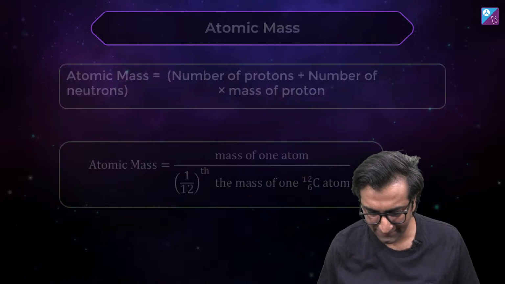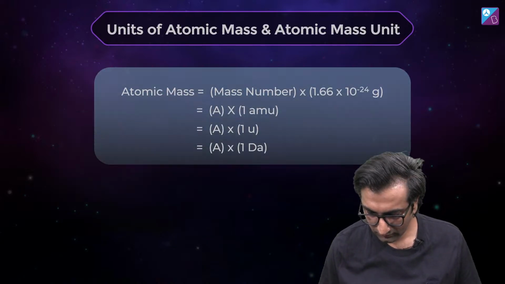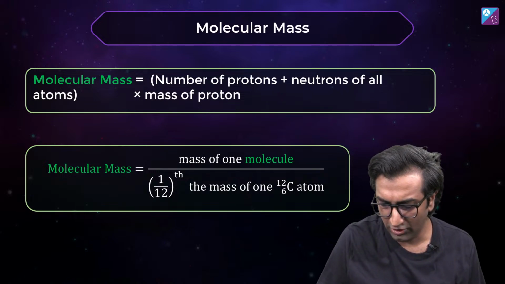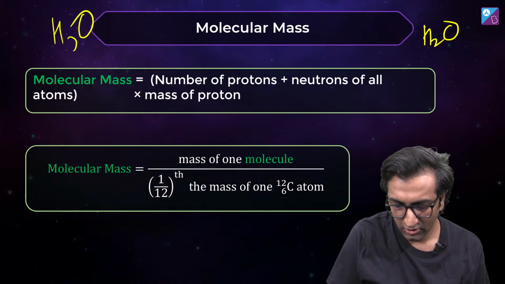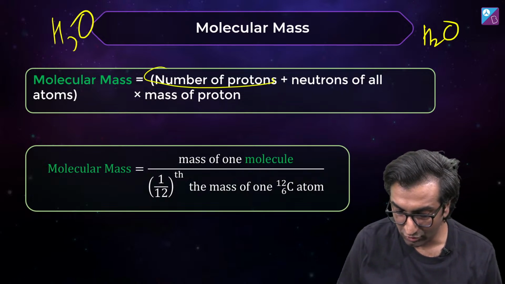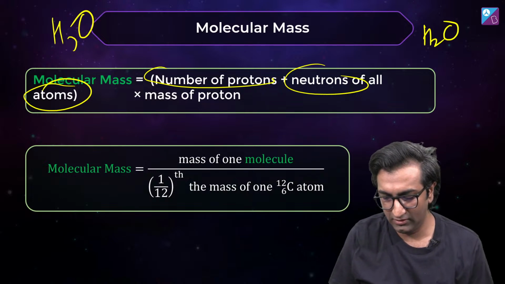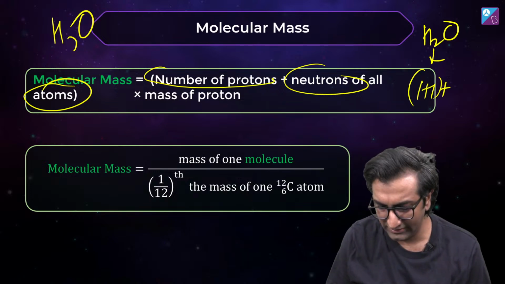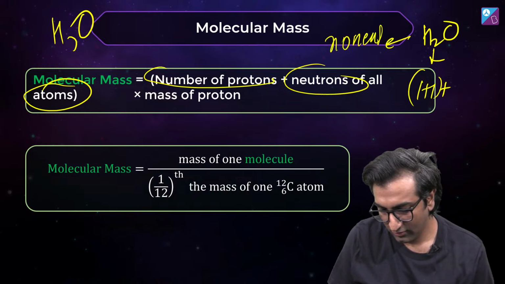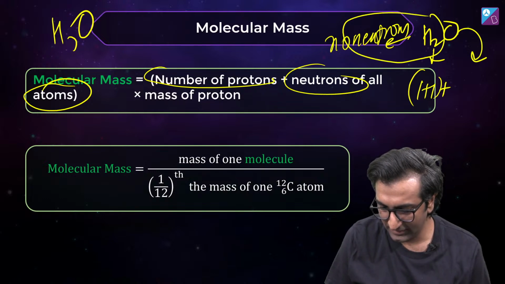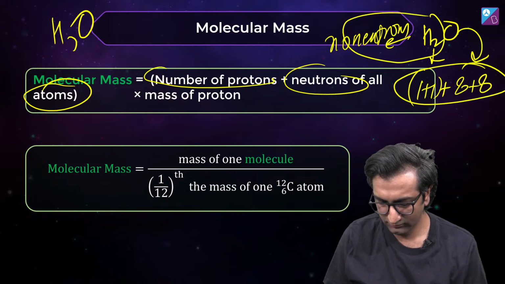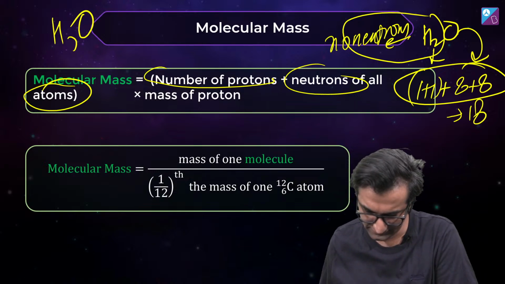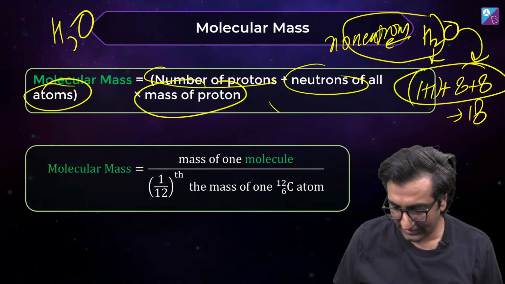So far so good. ठीक है। Now, similarly, I can also talk about molecular mass. Atomic mass है, molecule भी है। Molecule कौन सा होता है? Molecule है H2O, एटम है HO। Molecular mass कैसे होगा? सेम चीज, नंबर ऑफ प्रोटॉन न्यूट्रॉन्स ऑफ ऑल एटम्स। 1 + 1, न्यूट्रॉन तो होते नहीं है इसमें, no neutrons in hydrogen, right. ऑक्सीजन में 8 प्रोटॉन 8 न्यूट्रॉन, सो हो गया 18, so total number of protons and neutrons 18 हो गया, into mass of one proton again 1.67,